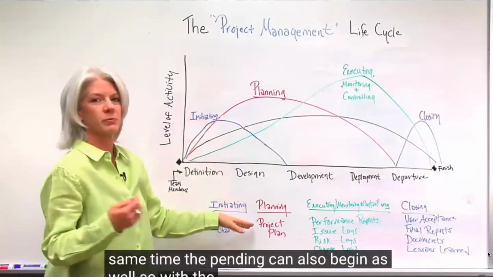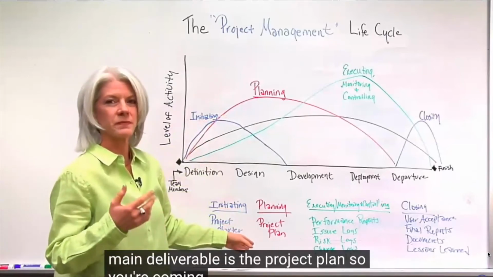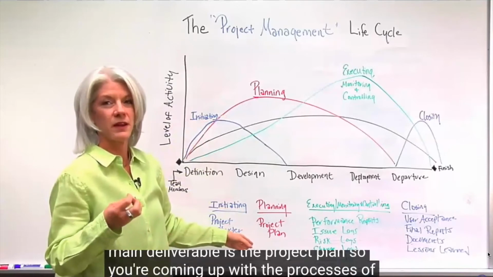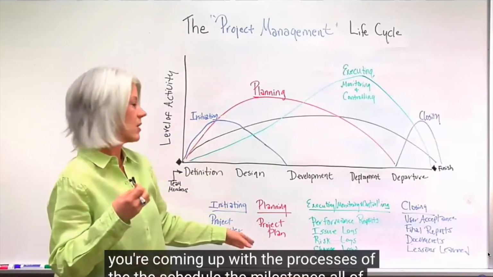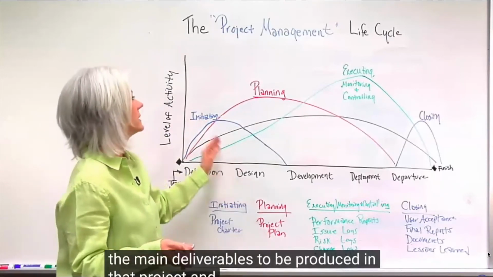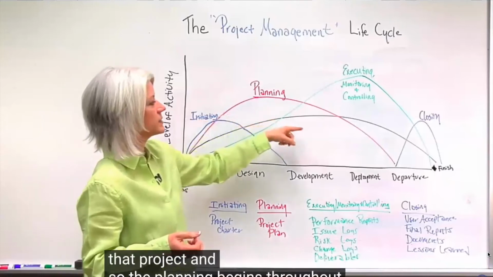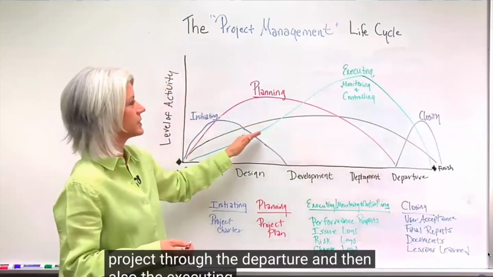With the planning, remember the main deliverable is the project plan. So you're coming up with the processes of the schedule, the milestones, all of the main deliverables to be produced in that project. The planning continues throughout the project through the departure, and then also the executing,